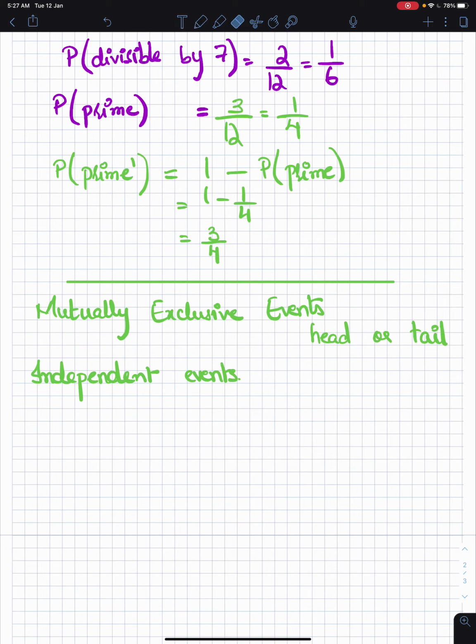Okay, and the second definition that you have to understand is of independent events. Independent events are events that are, as the name suggests, not dependent on anything that has already happened. For example, tossing a coin, again heads or tail are independent events. For example, अगर आपने एक बार कॉइन टॉस किया है और आपका हेड आ गया है, इसका ये मतलब नहीं है कि अगली बार टॉस करोगे तो हेड आने के ज़्यादा चांसेस हैं. अगली बार भी 0.5 चांस है हेड आएगा या टेल आएगा. सही है.